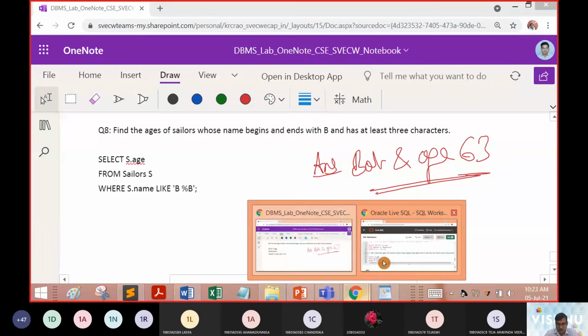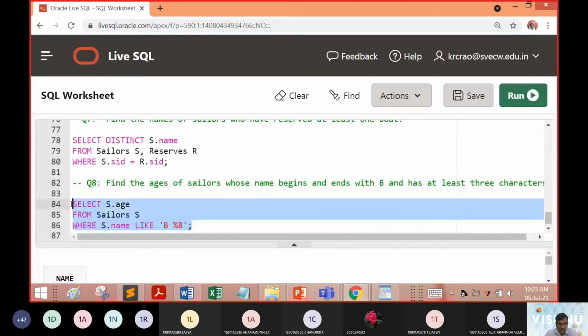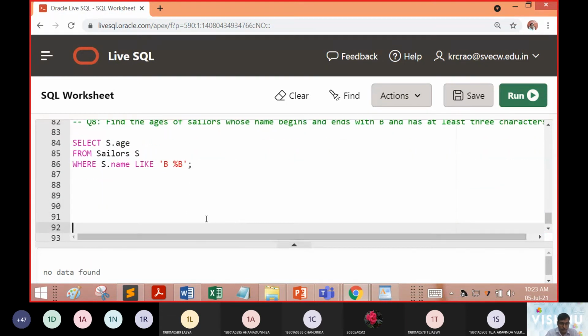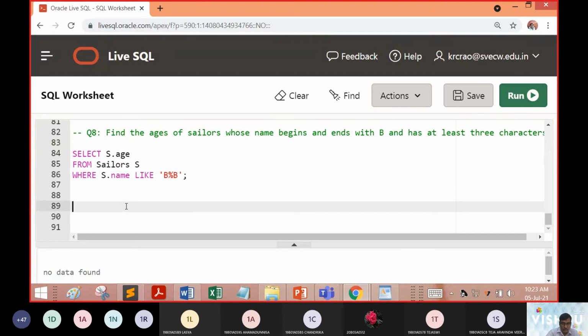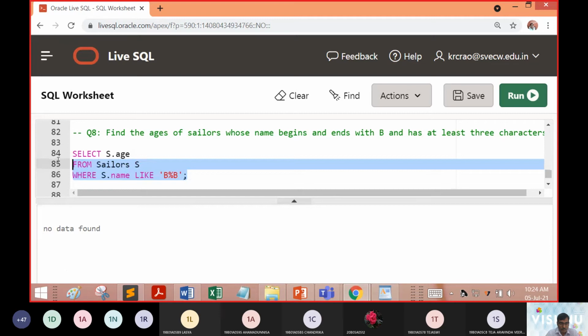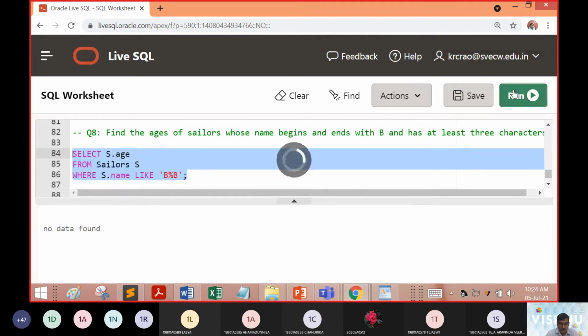So now let us execute the query and see whether what we expect is coming as output. Now we have this Bob. Yeah, no data was found.